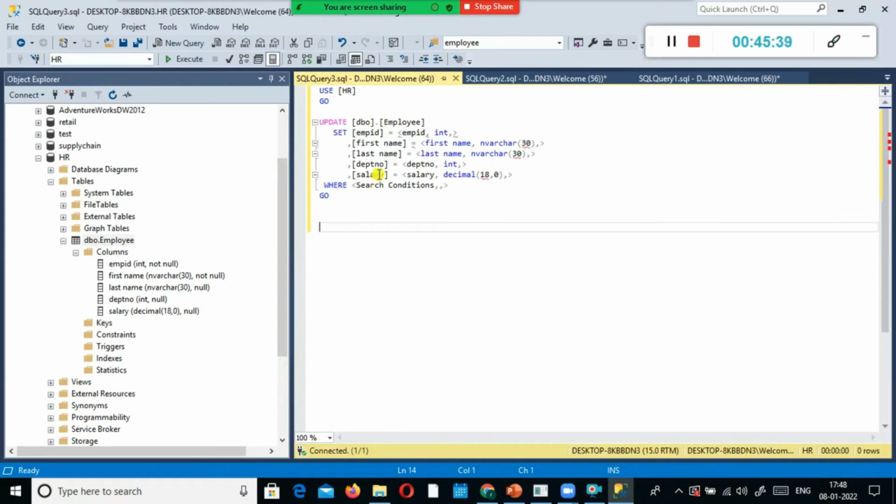If you want to update more than one column, see here: update dbo.employee, your table name, set employee ID, and in my case I don't want to change the employee ID value. If I want to rename the first name, in one single update statement I can modify all the column values.